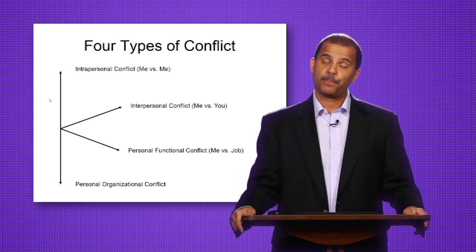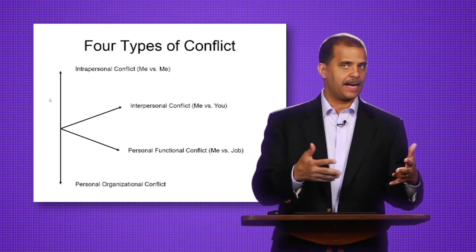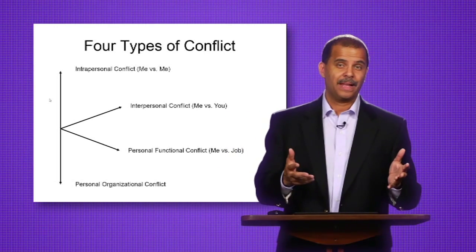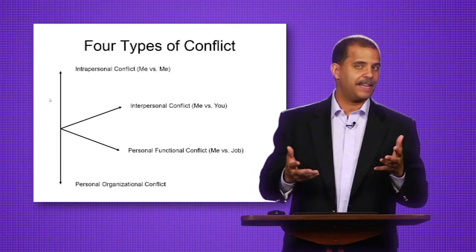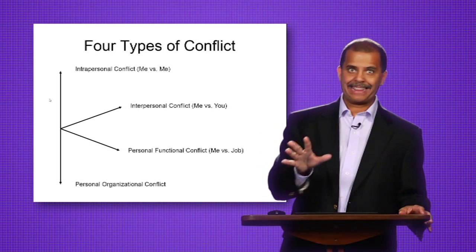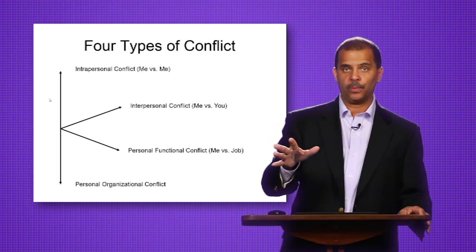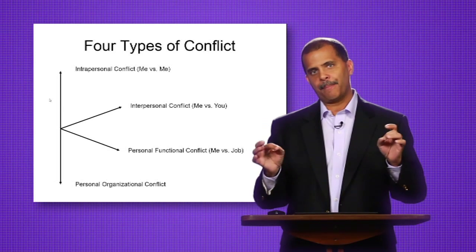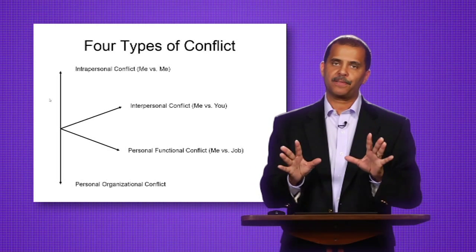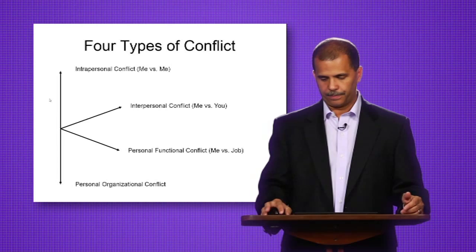The last one is personal organizational conflict. So you've enrolled maybe in a concentration, you've enrolled in a degree, or perhaps you enrolled in a school that for what reason you really don't have an affinity towards, you really don't like. So there's a little bit of a resentment about anything that has to do with maybe the concentration, the degree, or the school. So the first thing before you can manage conflict is to identify it. So although there are 4 types of conflict, you can experience just one or all 4.